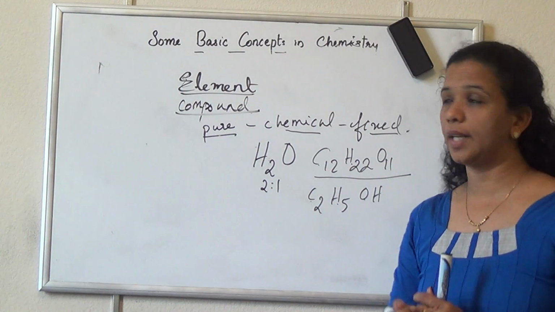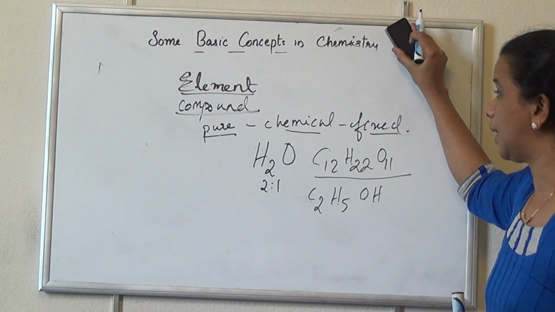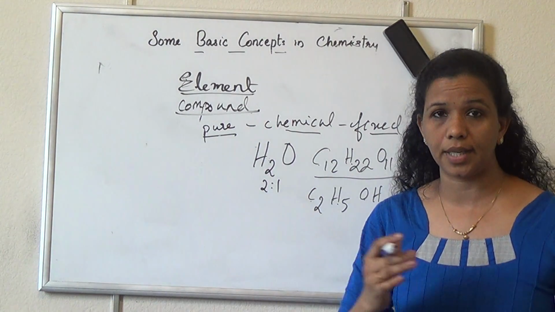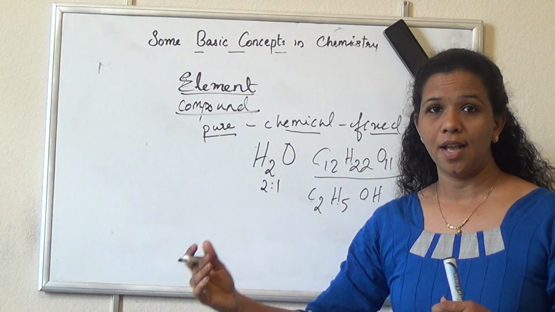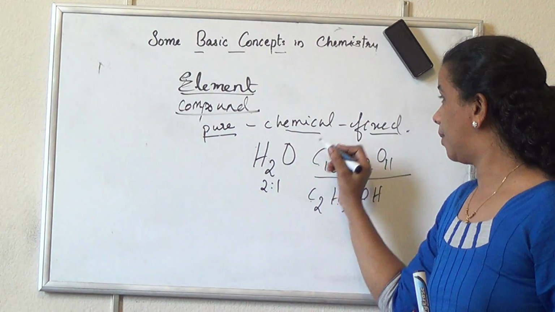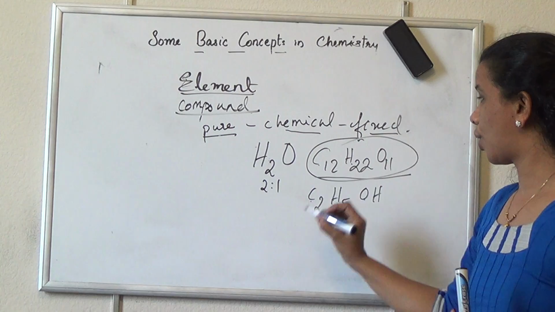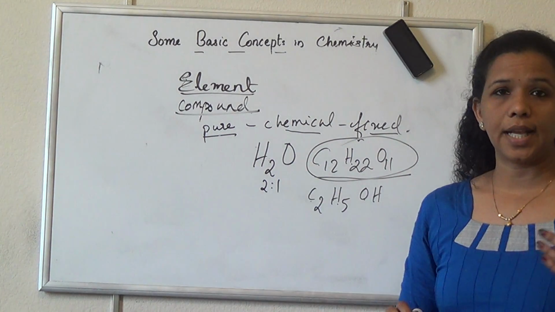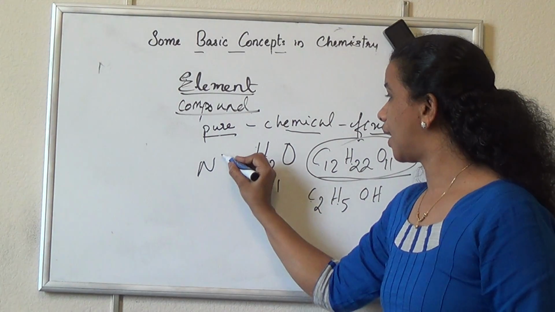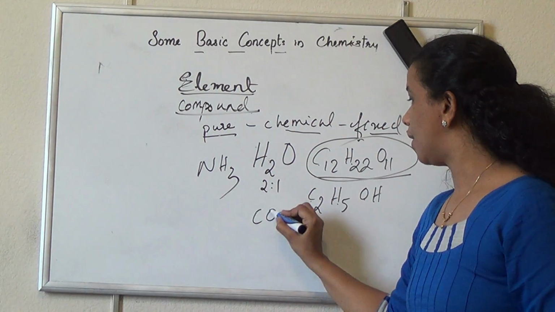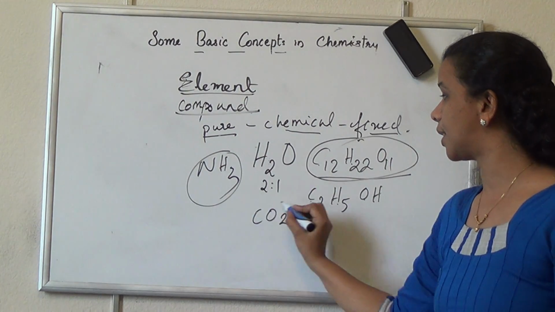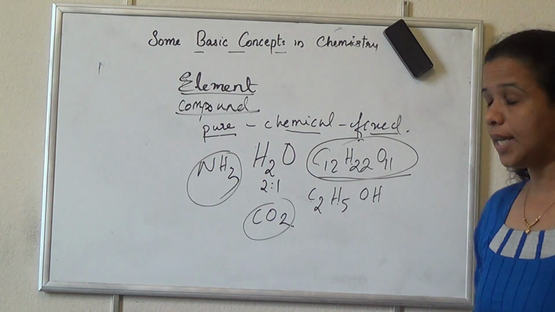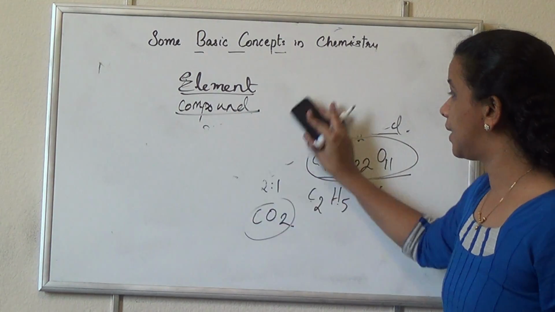That is compound. Then the third point: compounds also exist in solid state, liquid state and gaseous state. We know that solids are there, for example sugar, sucrose, C12H22O11, which exists in solid state. Then water exists in liquid state, and there are others, ammonia, carbon dioxide. All these are examples of gaseous compounds. So compounds exist in solid, liquid and gaseous states. Okay, then the third one we'll discuss,